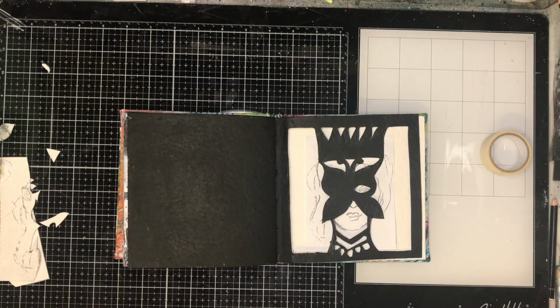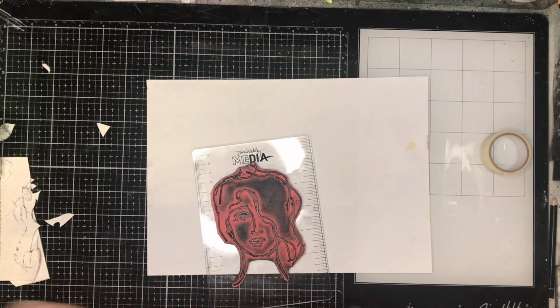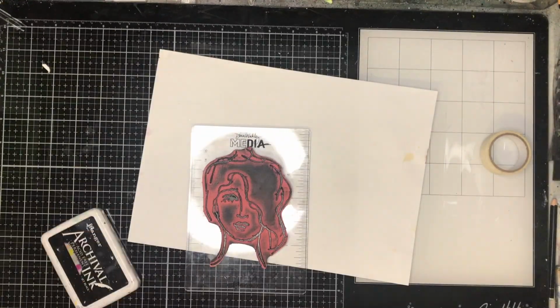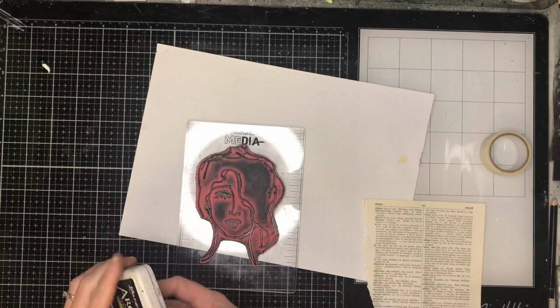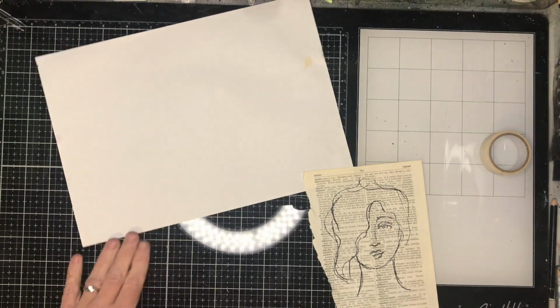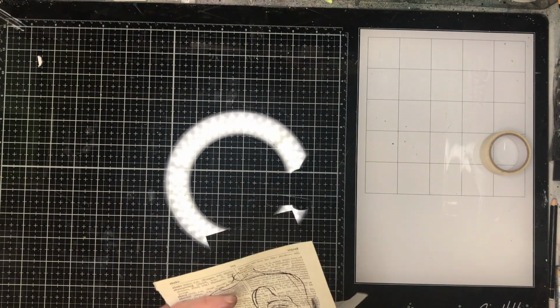I'm also doing it in the 6x16 Wakely journal, which has really thick paper in it, which is perfect for doing this because it's thick and it will stand up to having quite thin cuts taken out of it. But you do need a little bit of pressure to cut through. So if you have a Dilutions journal, I would suggest maybe starting in that if you're doing some lace cutting,